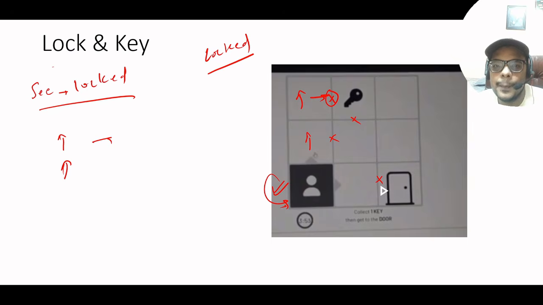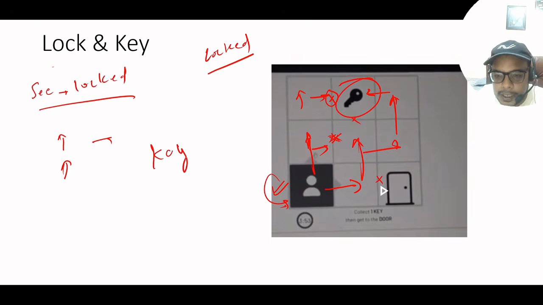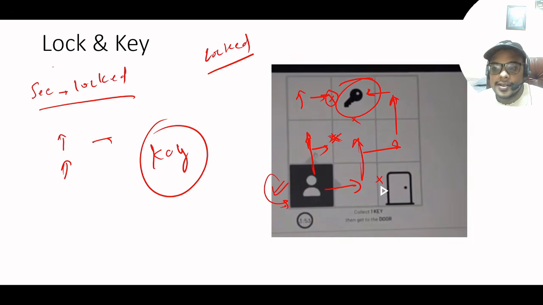You will again come to the base position. Now suppose you are exploring another path. Suppose you go up, then right to collect the key. Again it will say that the door is locked. So you will remember that this door is locked and choose another path. Suppose you go right, then up, then right, then up again, then left, so you will collect the key. Now you have collected the key. This is the actual right path which you need to explore.